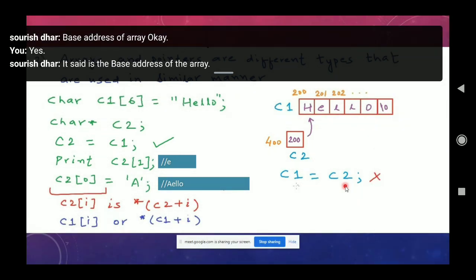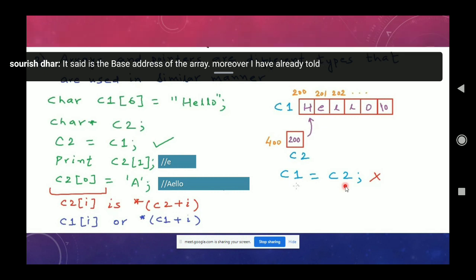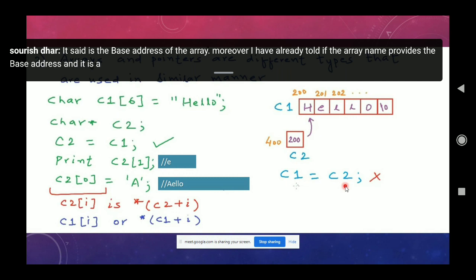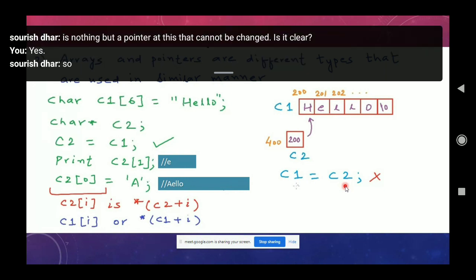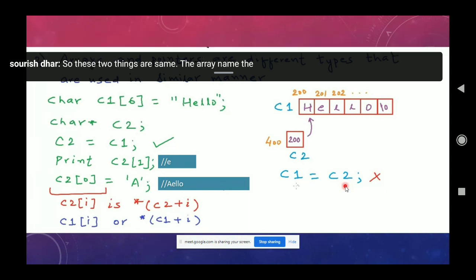Moreover, I have already told you the array name provides the base address and it is a constant pointer. What do you mean by a constant pointer? A constant pointer is nothing but a pointer whose address cannot be changed. So the array name, the base address, the constant pointer, they all mean the same thing.